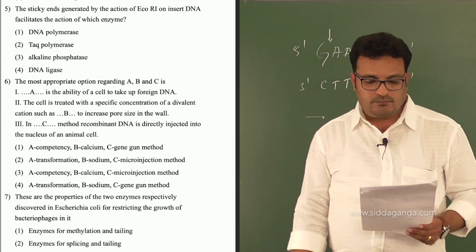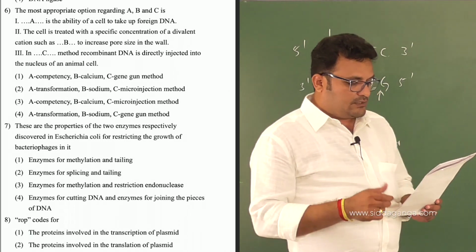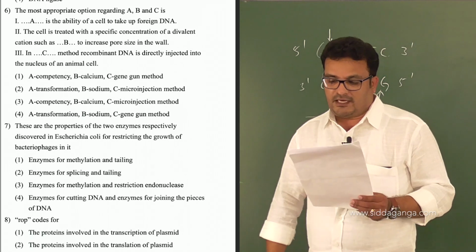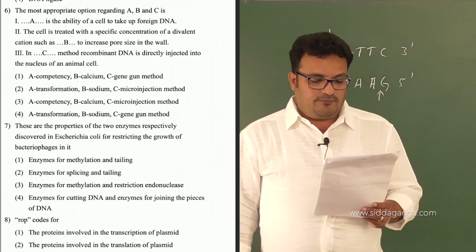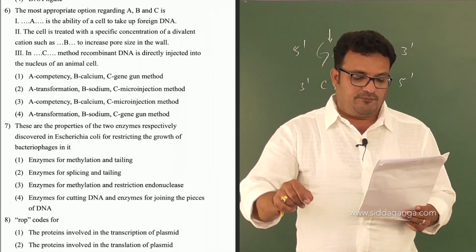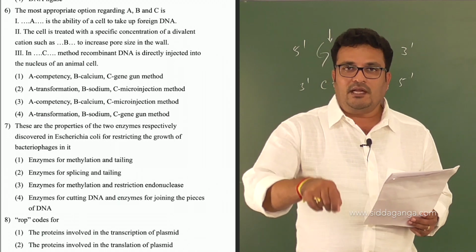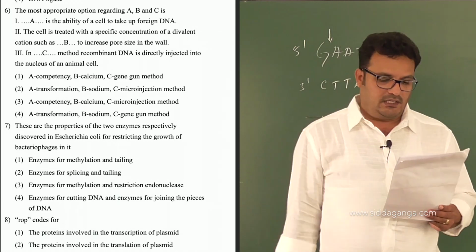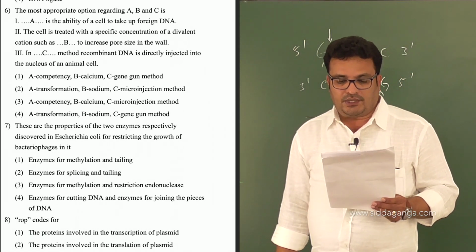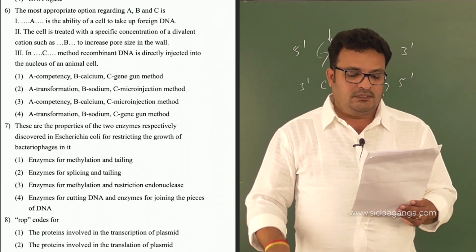Next question. Question number 6. Reading the statements, the most appropriate option regarding A, B and C is. The first statement: dash is the ability of a cell to take up foreign DNA, that is competency. Just now I told you that the cell is made to uptake the DNA, right? So that is competency. And the second, the cell is treated with a specific concentration of a divalent cation such